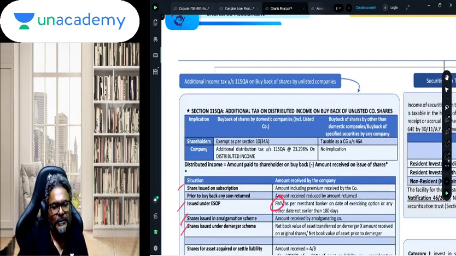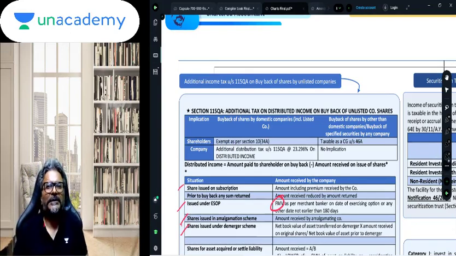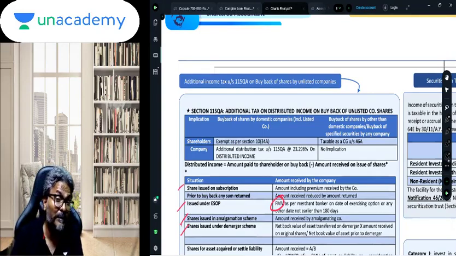The first one, students, over here is about the buyback tax, 115QA. In the case of the buyback tax, first of all, you should always understand that the buyback tax is applicable only in respect of a domestic company. So it is only the domestic company which is going to be subject to the buyback tax. Whether the domestic company is a listed company or unlisted company doesn't matter, but whenever it does the buyback of its own share, then this domestic company will have the liability